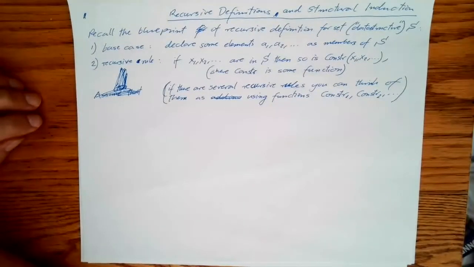So, for example, you define a data structure like binary trees, and you want to define some function on a binary tree, like, for example, its height, or the number of vertices it has, or the number of leaves that it has, right? Or perhaps you recursively define some subset of